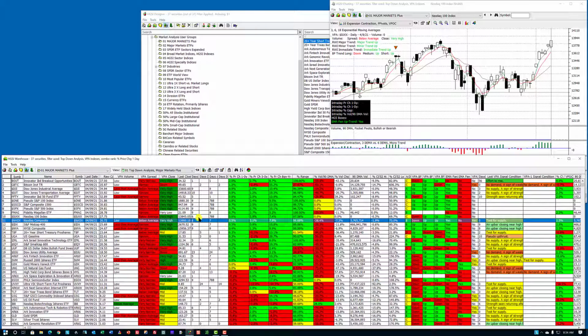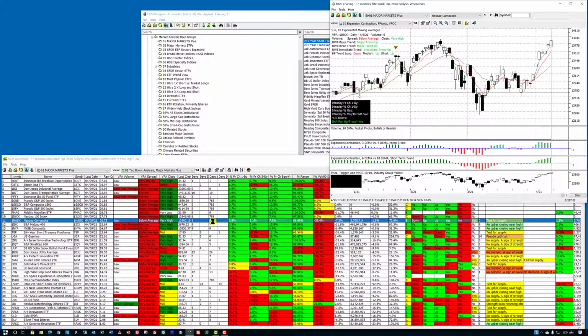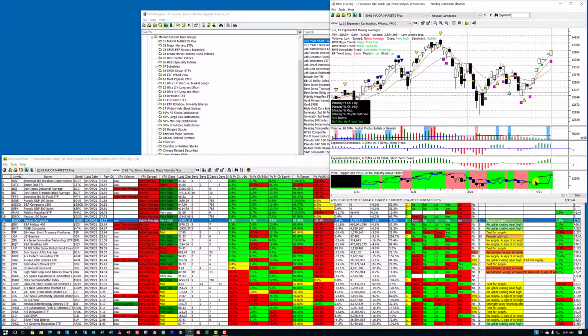Now if I go down to the NASDAQ Composite one below it, you can see that the 3 crossed the 6 7 days ago, and the volume point of control crossed 8 days ago. Remember that 0 is always a crossover day. So if I bring this up, you'll see that this is colored down here, and the VPOC went positive, and the next day the 3 crossed the 6, and before that there was a test for supply, confirmation of that test, and another test. And all that information is here in the chart, and on the day it happens, it is also